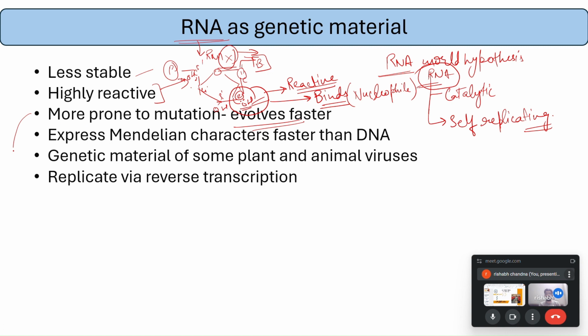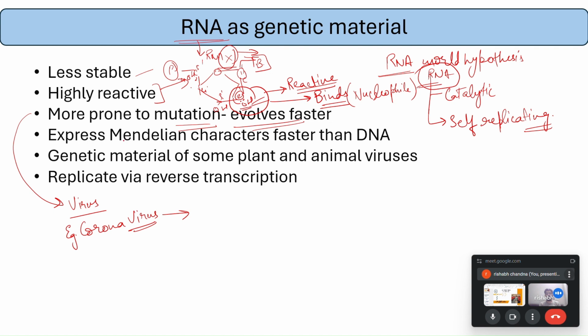As you can see in various viruses, for example, we can take the recent example of coronavirus. As you have seen, it evolves very fast. So one type of vaccination could not work on this because of the evolution factor of these viruses. Because of their highly reactive nature, they are more prone to mutation, and that's why they evolve very fast,